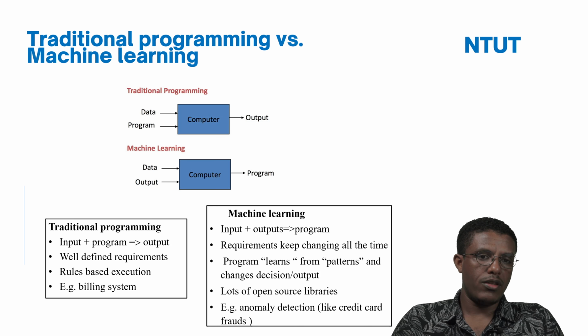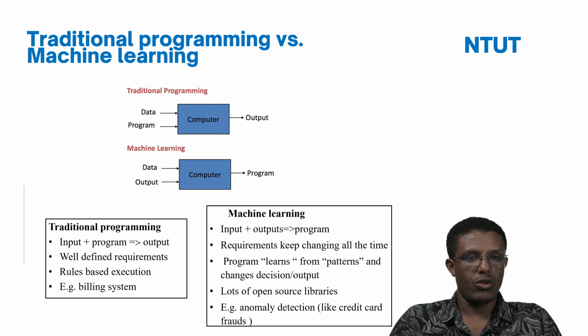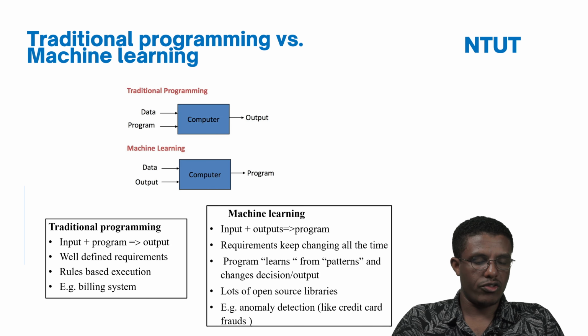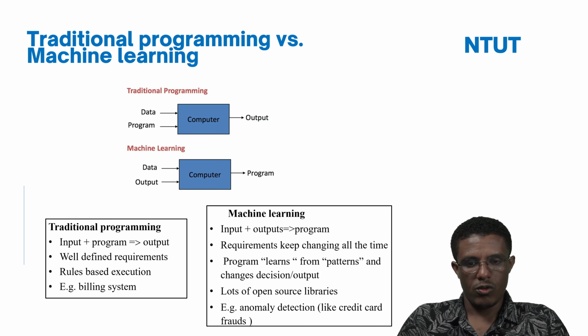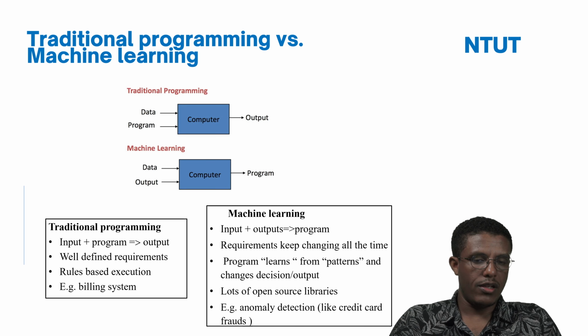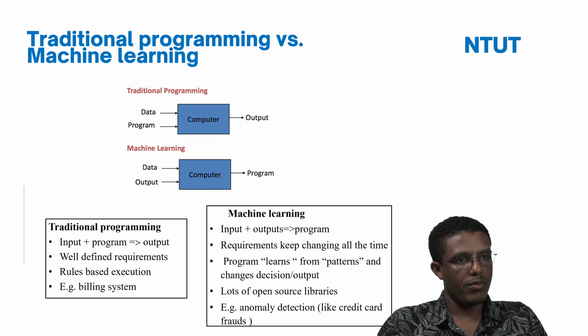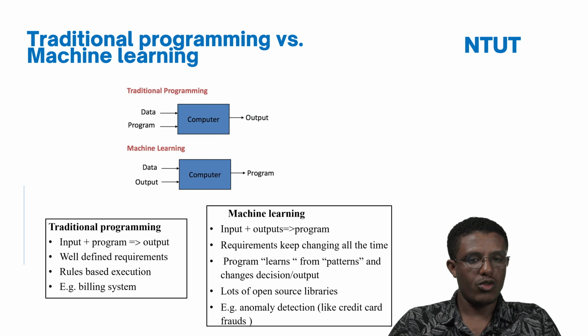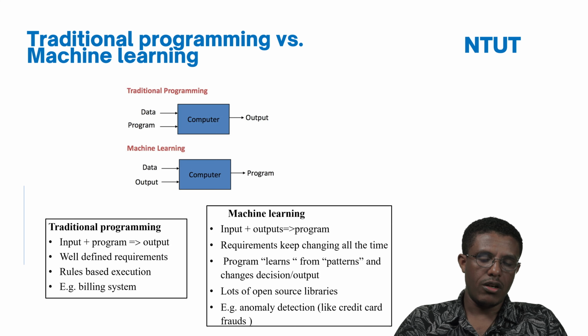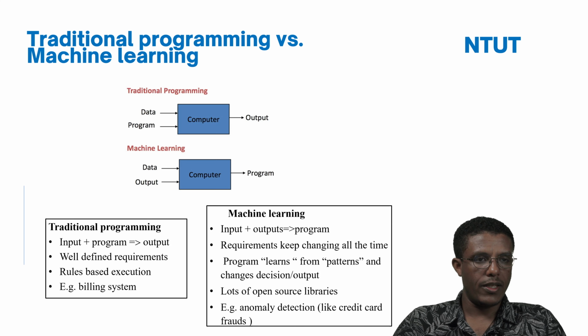In Python there are different open source libraries, so using those libraries we can create the program. For example, for anomaly detection, to detect anomalies from the data, we can program that, and through time we can tune and change all the parameters until we get the